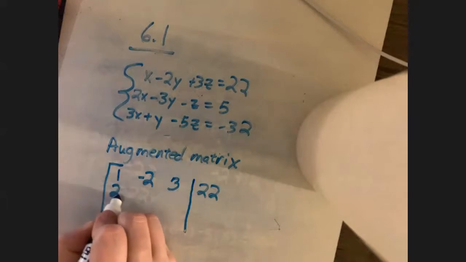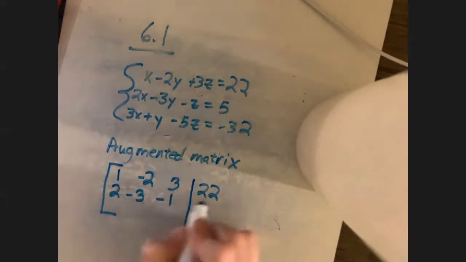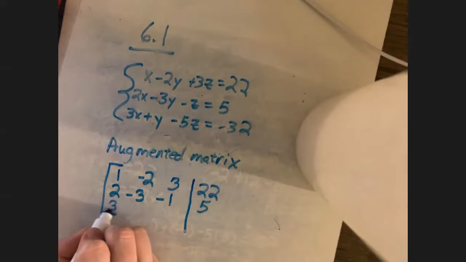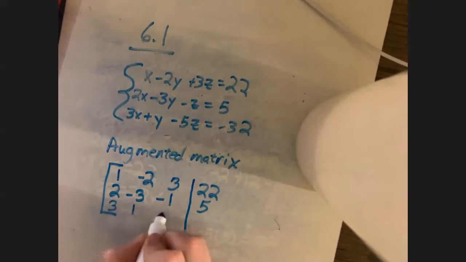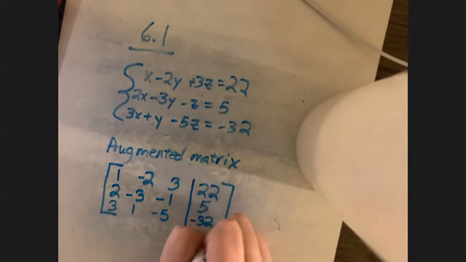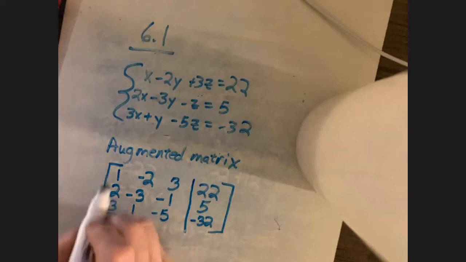So I've got 2X minus 3Y minus 1Z is 5. Okay. And then my last line will be 3X, 1Y, minus 5Z is -32. And then I'm going to close that box. This is an augmented matrix. Now, the thing to remember about an augmented matrix is